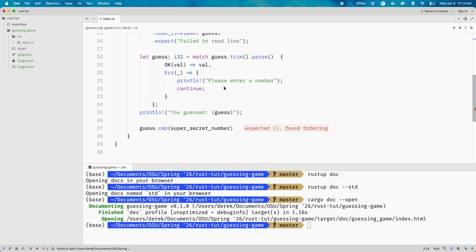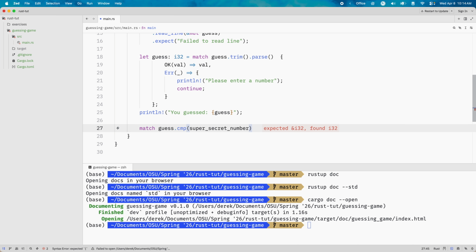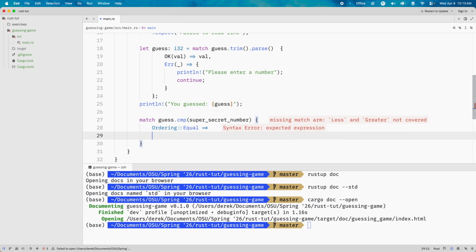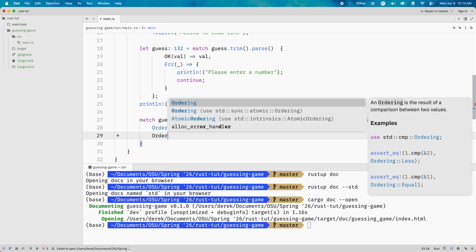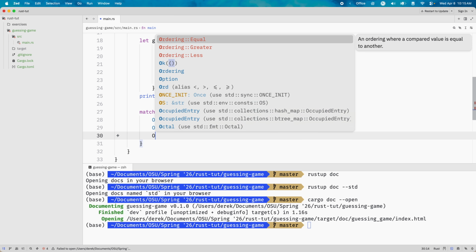And then let's match with the possible variants. And that could be either Ordering::Equal, Ordering::Less, or Ordering::